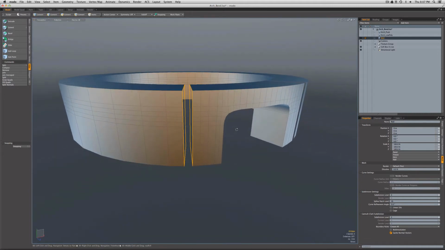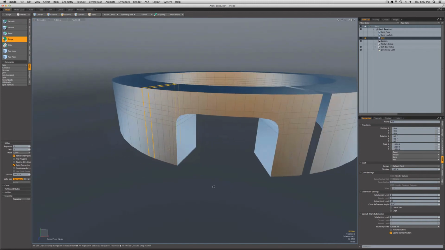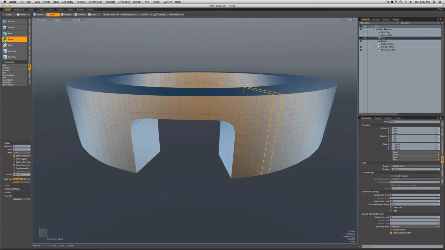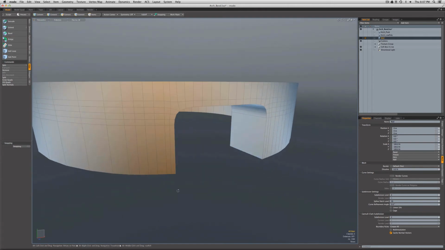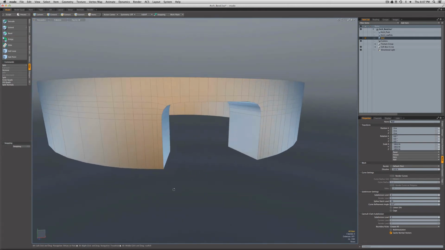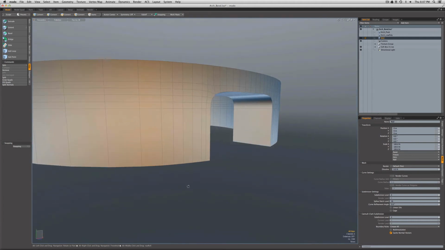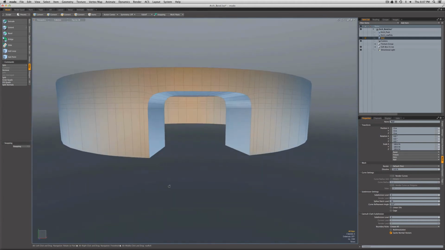So yeah, it's increased the poly count a little bit, but we are managing to still maintain a smoother curvature. So we can go ahead now and just bridge this in here. And on the other side, same deal. Go ahead, bridge it in. Now I've got a complete model, and as you can see, it's nice and smooth and continuous. And this should work